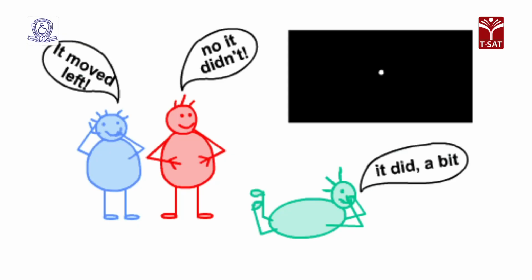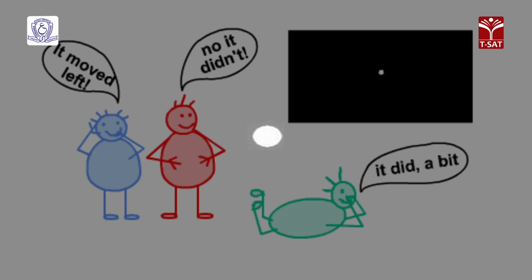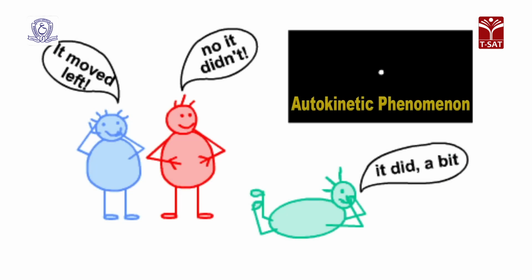To examine these issues, he used a very interesting situation, one involving the autokinetic phenomenon, and this refers to the fact that when placed in a completely dark room and exposed to a single stationary point of light, most people perceive the light as moving about. This is because in the dark room there is no clear cue to distance or location. The perceived movement is known as the autokinetic phenomenon.